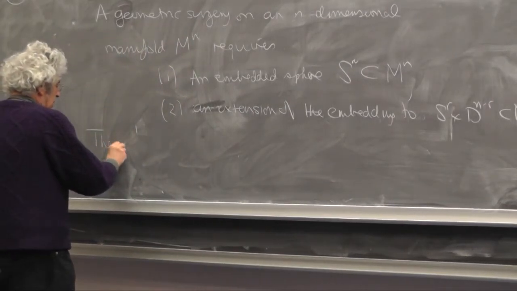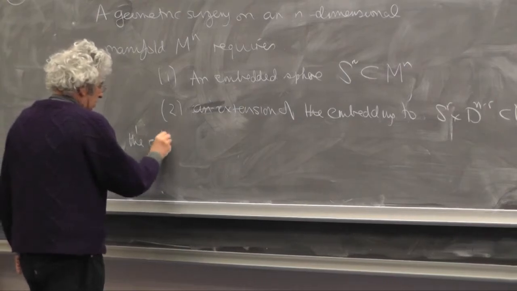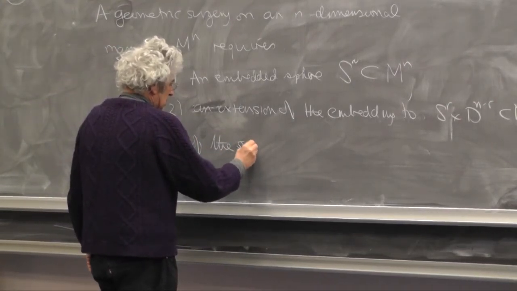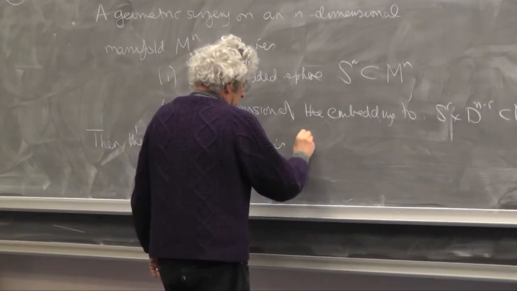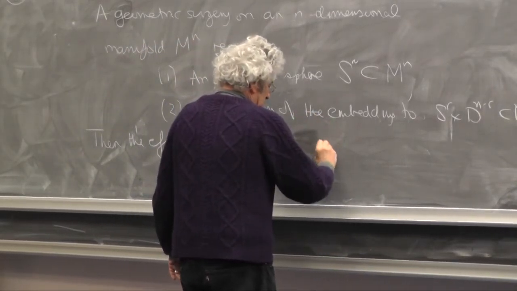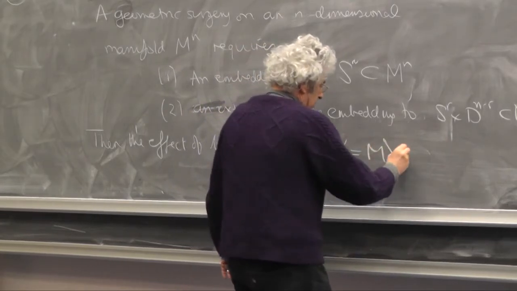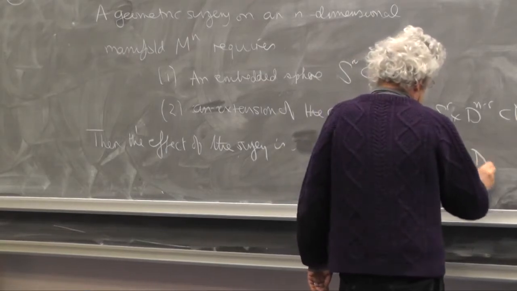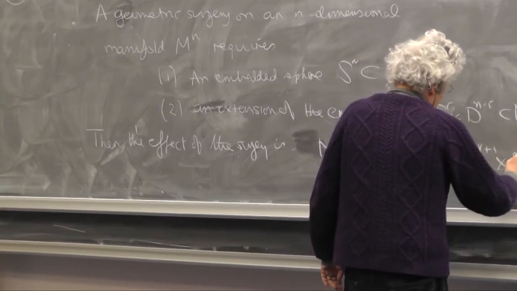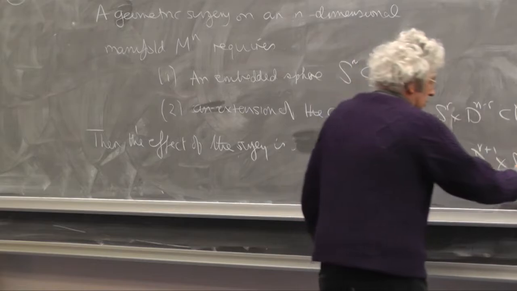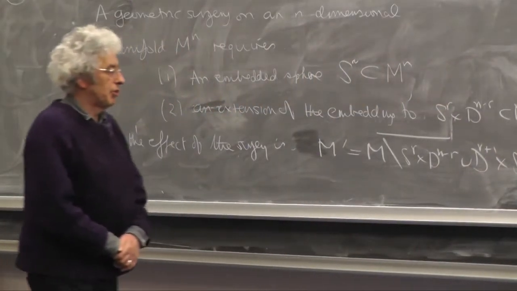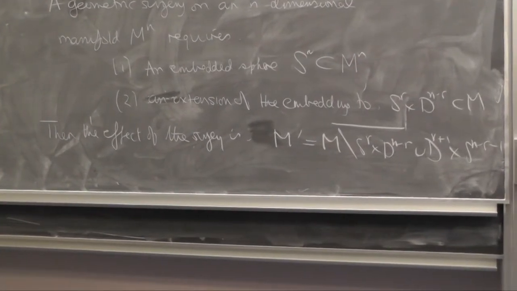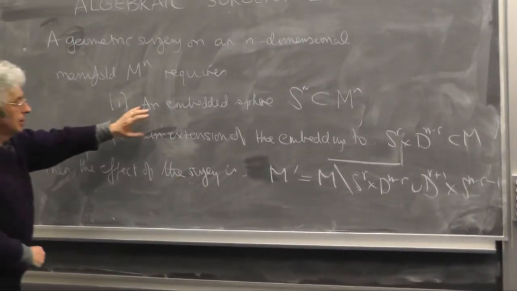Then the effect of the surgery is, as always, N prime. Remove the framed embedding and replace it by the dual sphere. So that's easy. So I want to talk, this is an algebraic surgery lecture, on how to translate these